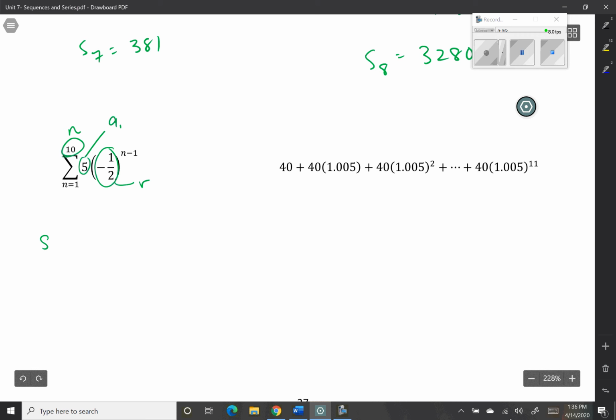So I could say the sum of the 10 terms is equal to the first term minus the first term times the common ratio, all to the 10th power, and then 1 minus the common ratio. So go ahead, plug it in, see if you're getting the same answer as me. All right, the big thing here is make sure you are plugging it in correctly. And we should get